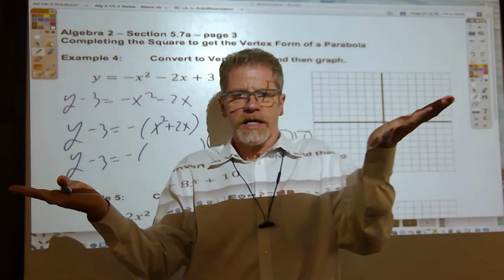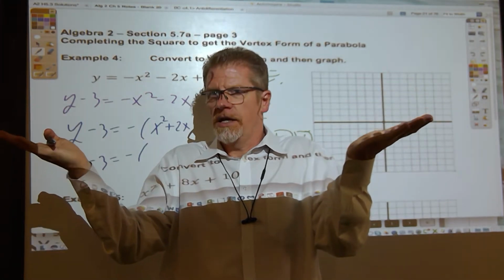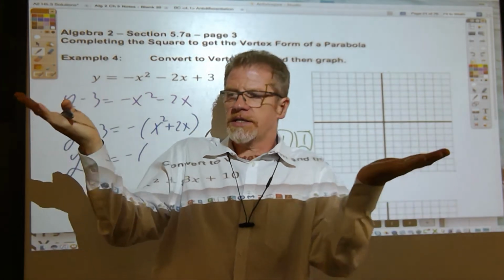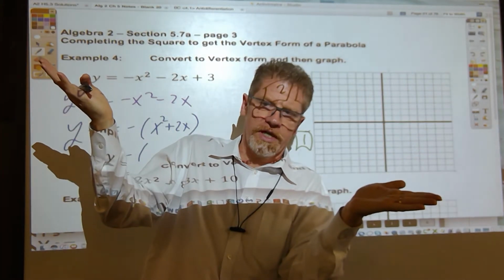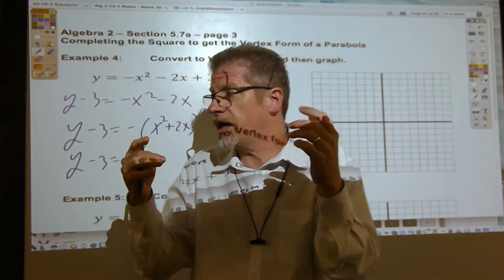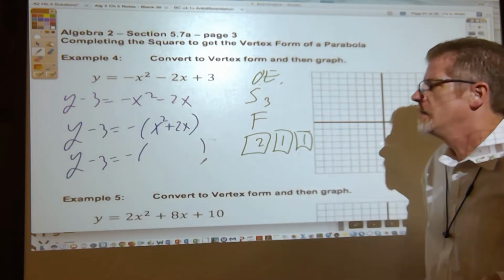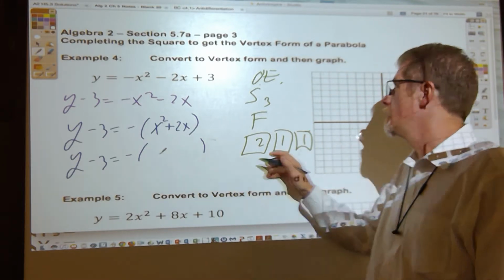A balance is kind of like, you can put 5 pounds on one side, 5 pounds on the other side. But if you add a pound to this side, it's off balance. If I add weight over here, it goes out of balance. An equation is like a pan balance. It's supposed to have equal weights on both sides of the equal sign. So when I add 1,